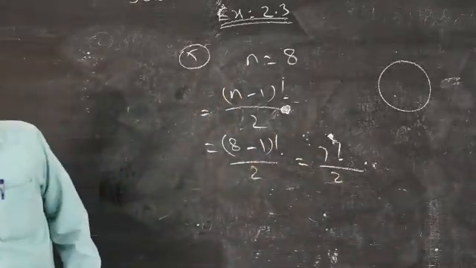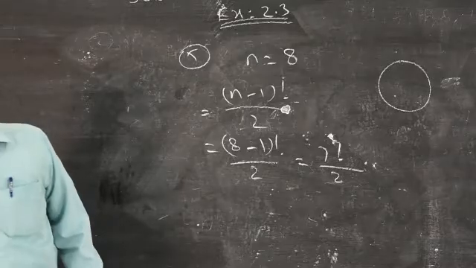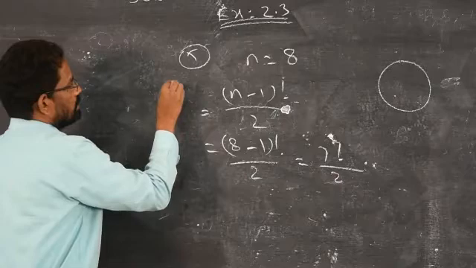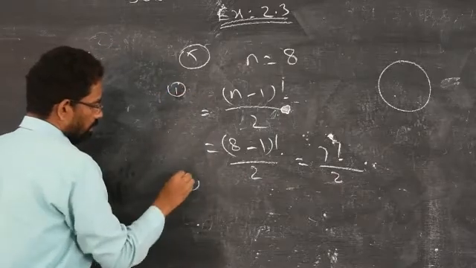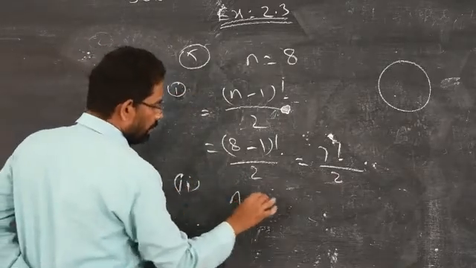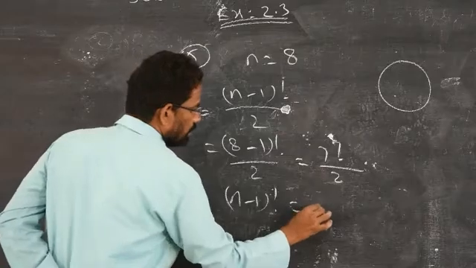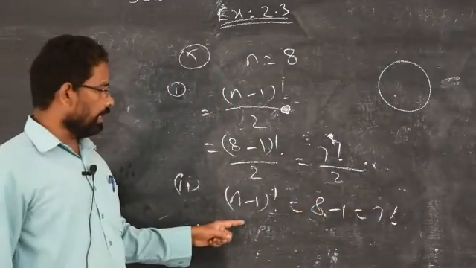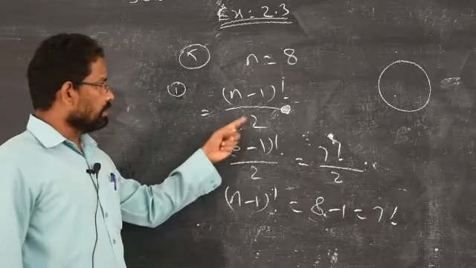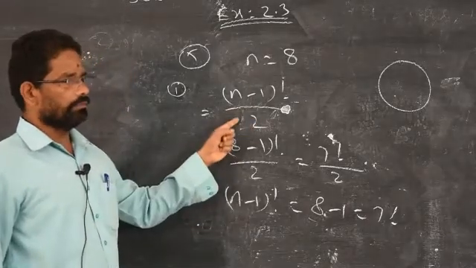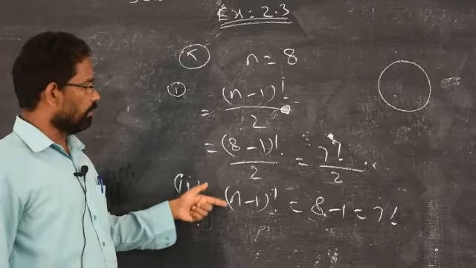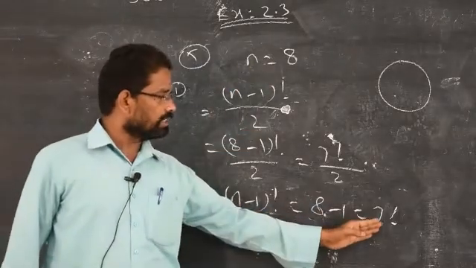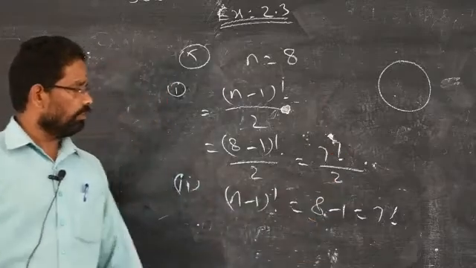The arrangement, how many ways? 8 boys, that is circle format. So this is the first answer, this is the second answer. Same, 8 minus 1 factorial, that is 7 factorial. This is the arrangement made by circle format. This is the arrangement made for identical. Clear? So the formula is different for each question. So n is given already, 8, so you get 7 factorial and 7 factorial by 2.